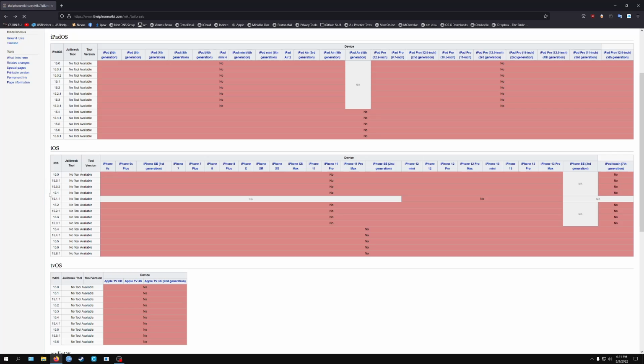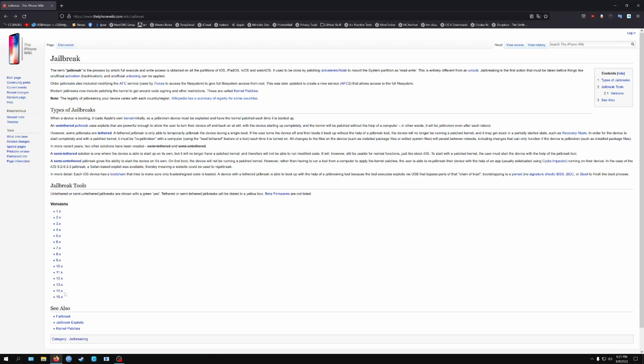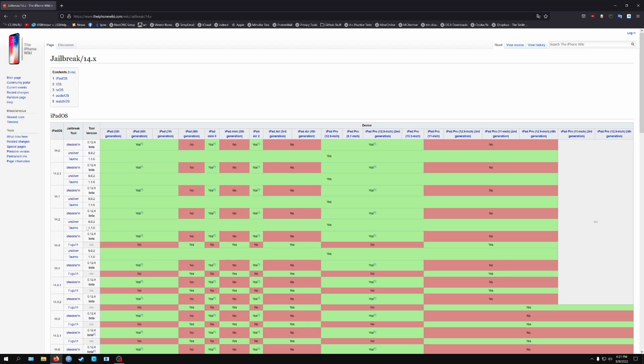Now, if you were on iOS 14, that is a possibility. There are jailbreaks for iOS 14. And you're probably going to ask, well, can I downgrade to iOS 14? Because I'm on iOS 15.x. Can I downgrade to iOS 14? Well, without a jailbreak,